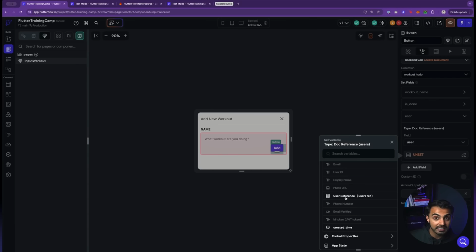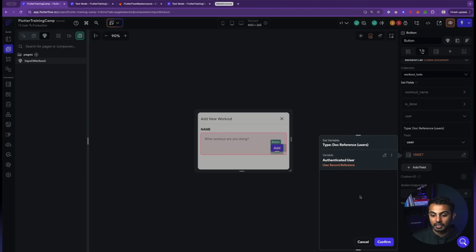So IDs in Firestore and FlutterFlow are also referred to as references or ref. So ref means like the ID or the identifier or the reference or the kind of like handle to that specific document. So this user reference means the identifier of that user.